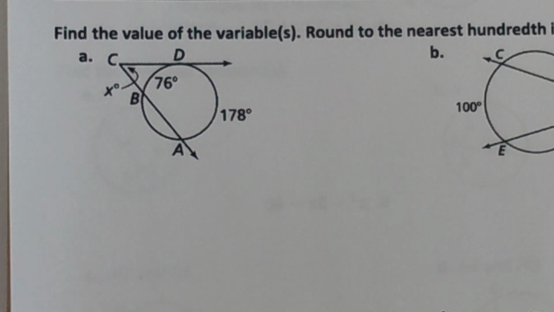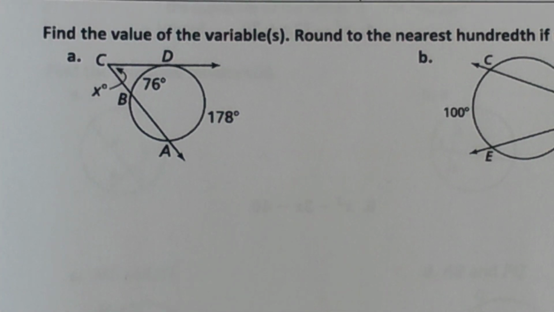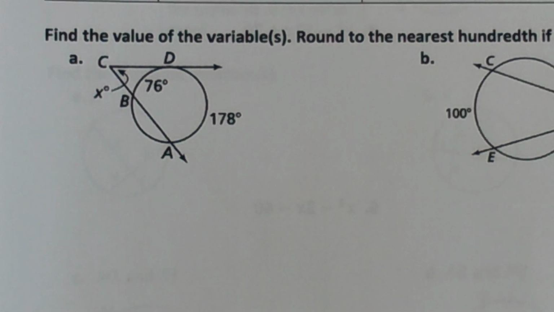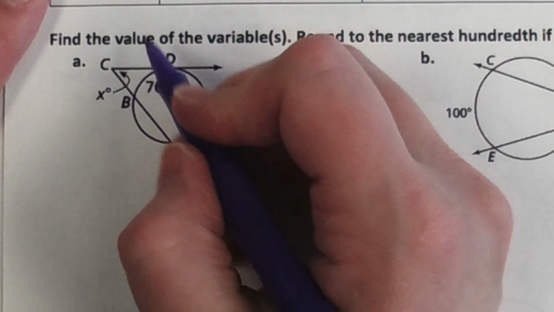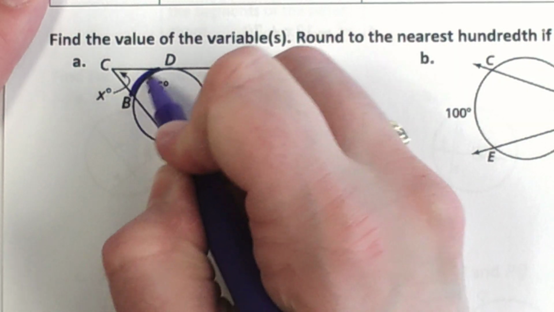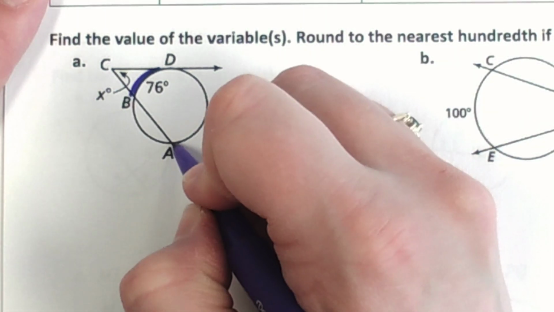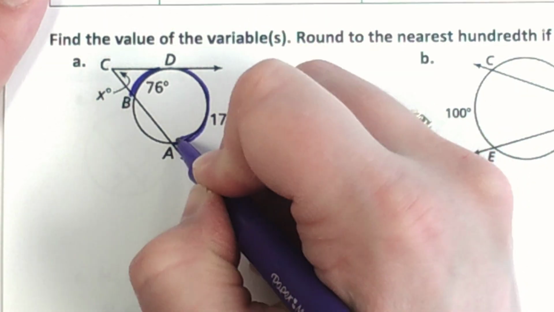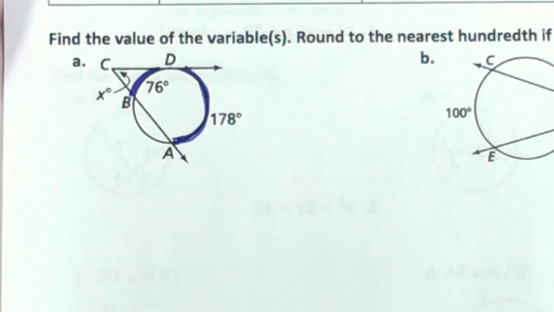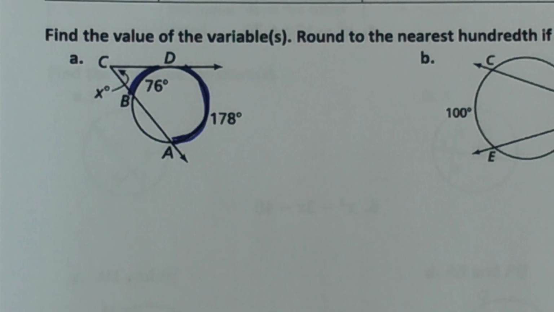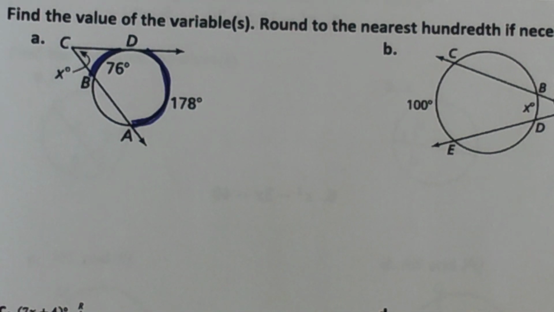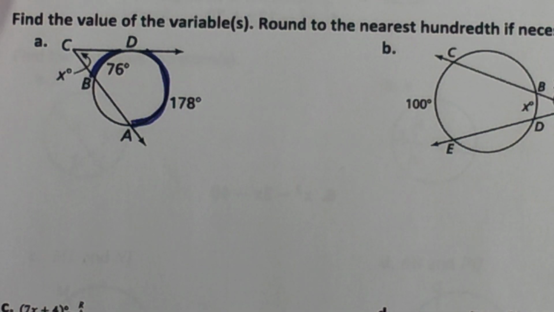So, this picture, it's got a tangent and a secant. It's got an angle outside the circle. It's got 2 intercepted arcs. That one is in between the 2 rays of the angle, and this one is between the 2 rays of the angle. Are those the correct arcs? Yes. Does my formula start with an angle or an arc? Angle. Starts with an angle, and in this case the angle is